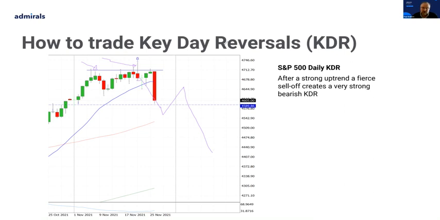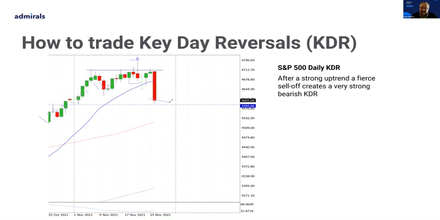Because one thing you can utilize, maybe even for the intermediate or advanced traders, is if you're a trend trader, and you've been long in this S&P here, well, when you see a KDR against you, if you're not already out of the trade, that's probably a little bit of a heads up that this trend is probably coming to an end. I might want to start to tighten up my stops. I might want to watch this like a hawk, because what might happen is Bosch, it might reverse very quickly against me, and give back some of the generated profits from my trade.